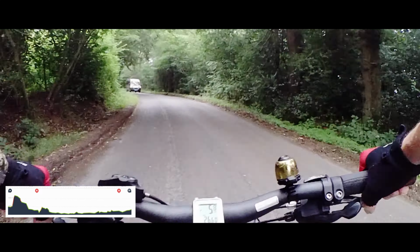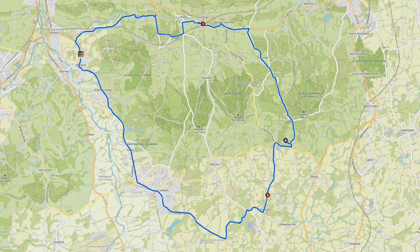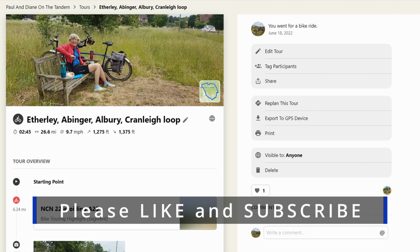So let's summarise as we head back towards Leith Hill here on this final bit of leg. We started over there on the right at Leith Hill, but we could have started anywhere else around the route. There's loads of other routes that tie in with it,